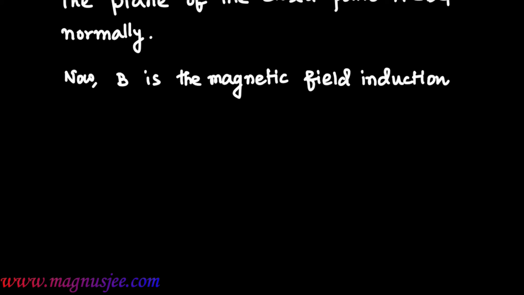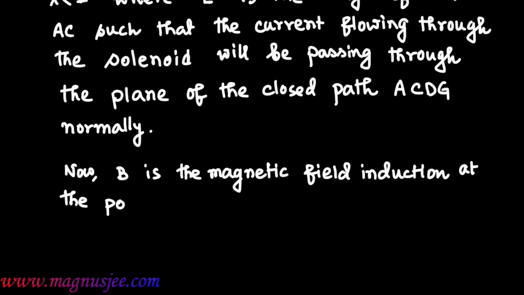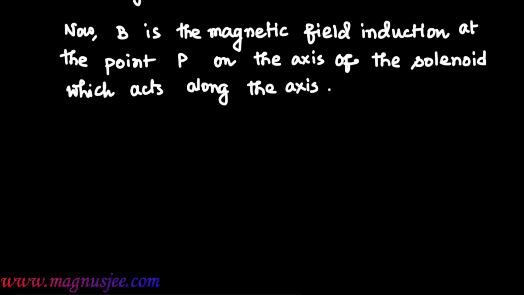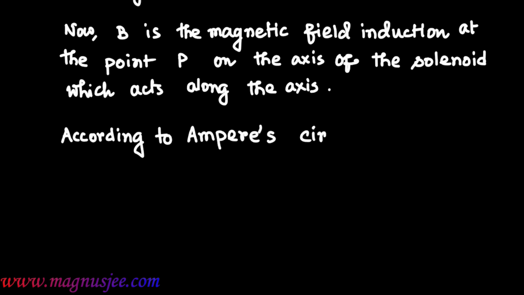Now B is the magnetic field induction at the point P on the axis of the solenoid, which acts along the axis. According to Ampere's circuital law,